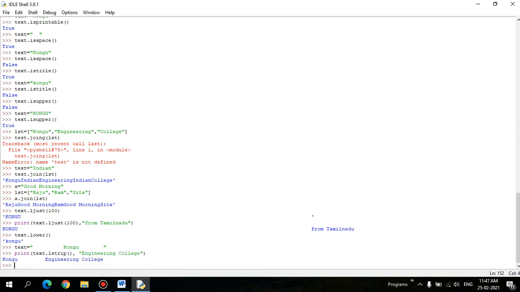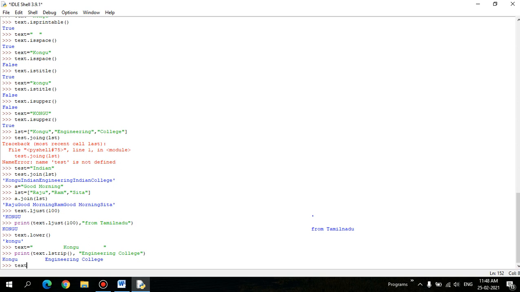Look at it, it has stripped the left spaces, right? Actually in the string defined, I have spaces in front of Kongu and next to Kongu also, right? There are a set of number of characters. I don't know how many characters I have defined. The spaces on the left have been trimmed, and the space to the right of Kongu is still there. So that is what lstrip is, the function of lstrip.